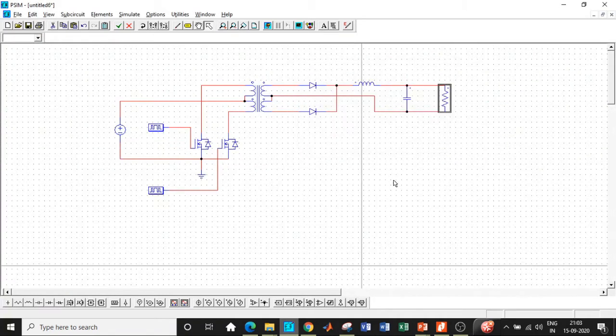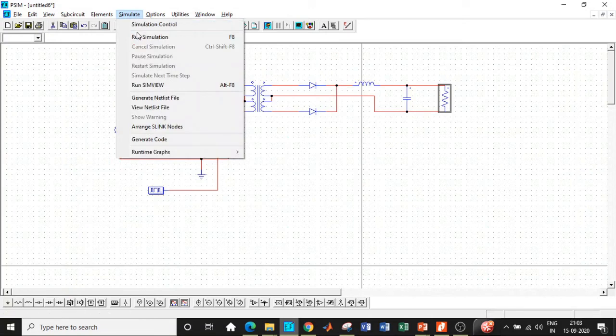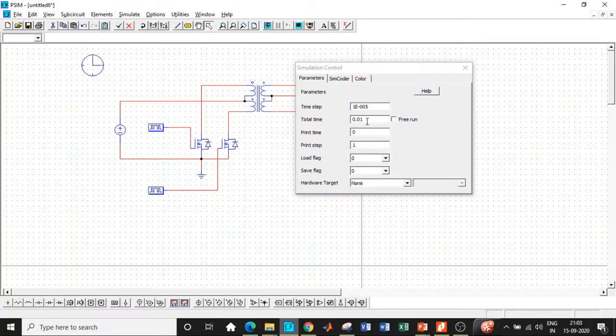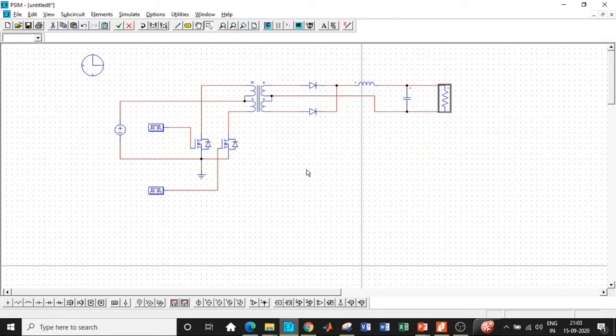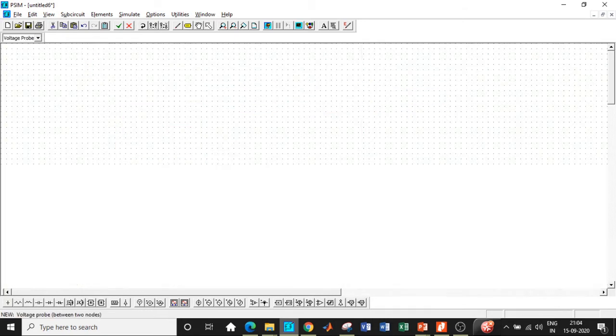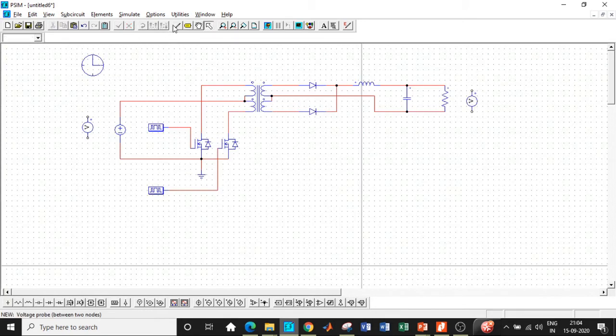Once all of these are entered, we need a simulation control in order to control the runtime of the simulation. So basically we'll leave it as it is, so it will adjust according to the requirements of the circuit. We will be using probes across the supply terminals and the load terminals in order to measure the waveforms. So connect it between these 2 points in this particular fashion, and we'll be connecting it across the source terminal in order to measure the source voltage, and the load terminals in order to measure the load voltage. In case you would like to see any currents through the circuit, you can use the ammeter probe in series with the circuit.